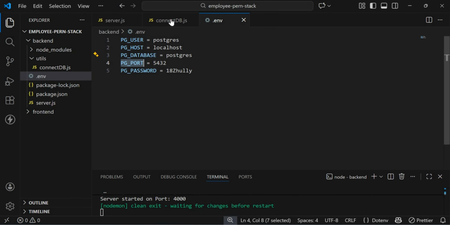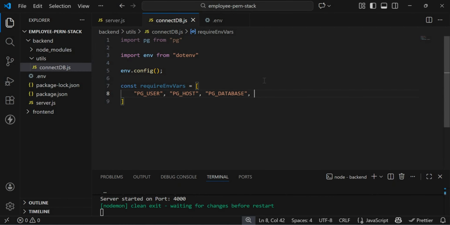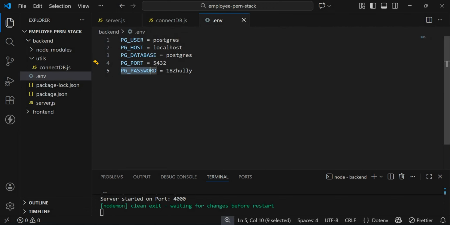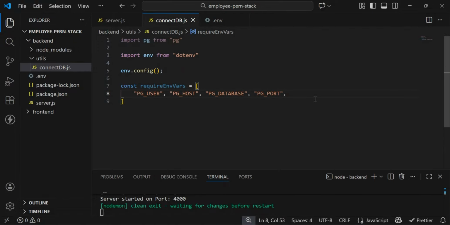We need this as well. We need the ports. And also we need the password. Okay. So once we have this, now we need to validate all the required environment variables that